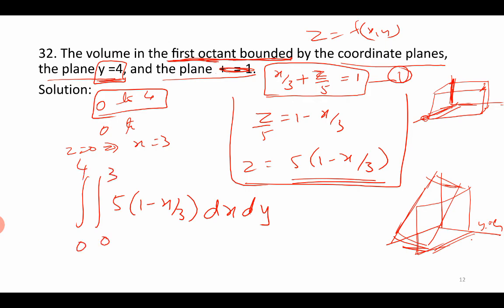This is enough to integrate this. Five is constant, keep it outside. Just integrate. This is a function of x, the function of y is just 1. So we can separate. Okay, try this answer yourself. This is 30 cubic units. That's the end of this problem, this module. And in the next video we will see